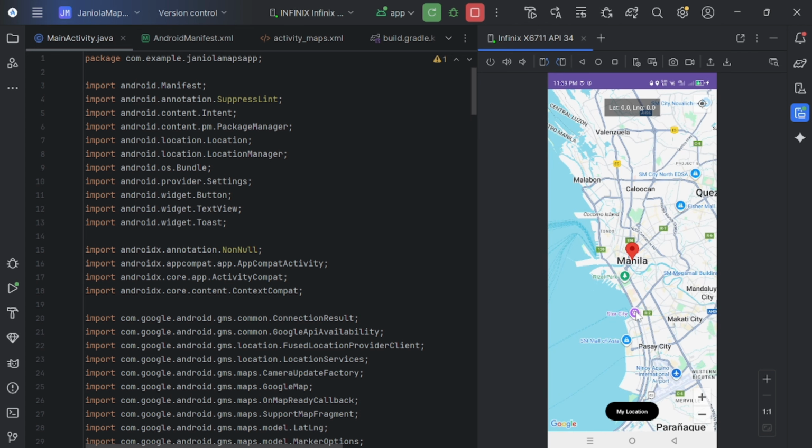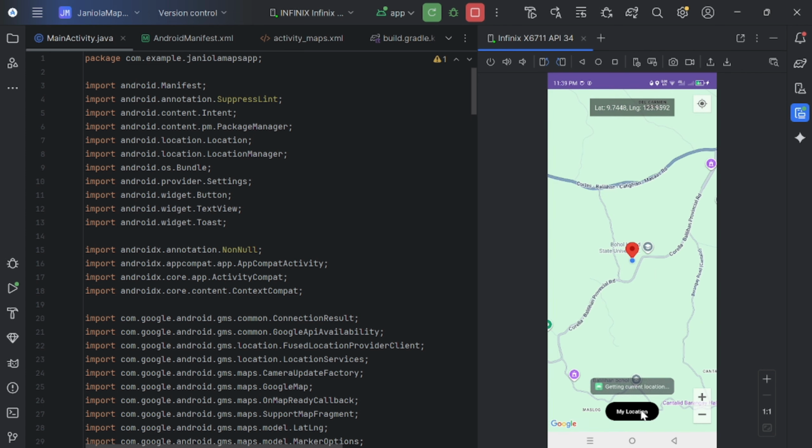After that, okay. So, as you can see, it asks permission first before redirecting to my current location, which is this one, the Bohol Island State University, indicating that permission handling and current location is working correctly.